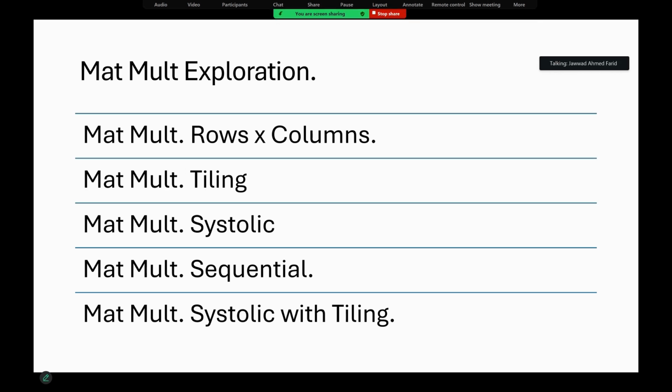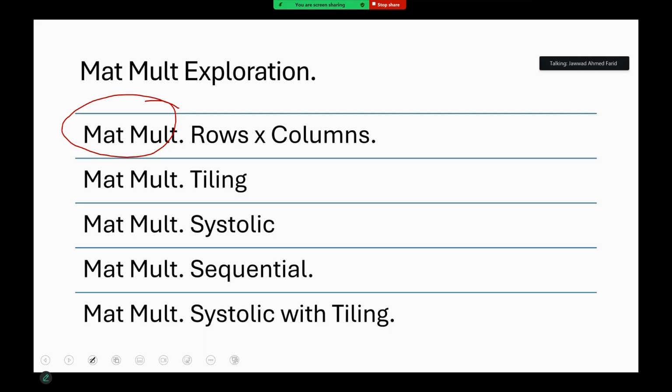So far the work that we've done is we've spent a lot of time on this thing called matrix multiplication. Within the variations, the first variation that we looked at was rows and columns. In rows and columns, the idea was that you take one row from a matrix and multiply it with the column on the other side. So if I have two simple 2 by 2 matrices, I simply take the first row and multiply it with the column on the other side, right? So this was the row and column model.